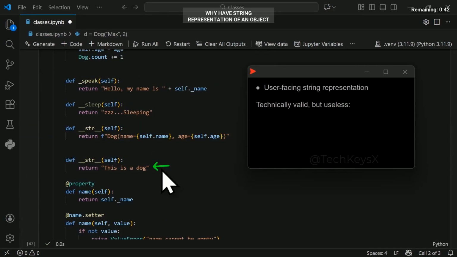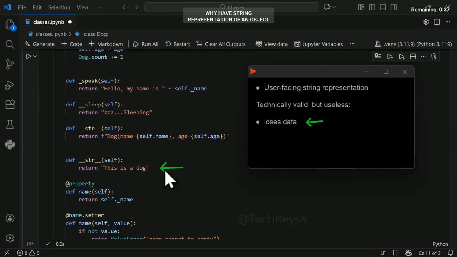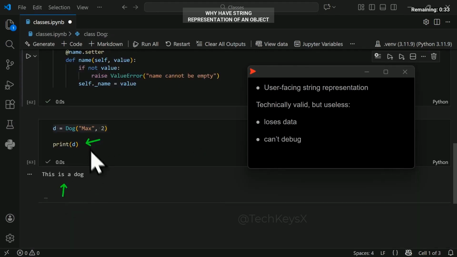It doesn't really describe the object like this one with the name and the age. This is because it uses data. There is no data representing the name of the dog or the age. Somebody printing this object can't really debug because it doesn't really tell them what the dog is about. This says this is a dog. And of course, with this